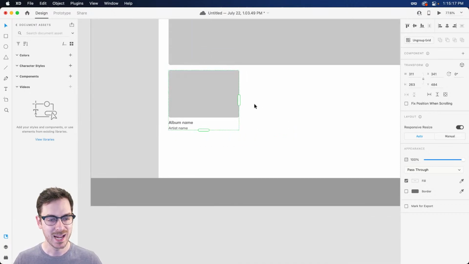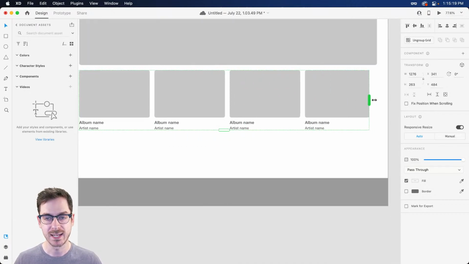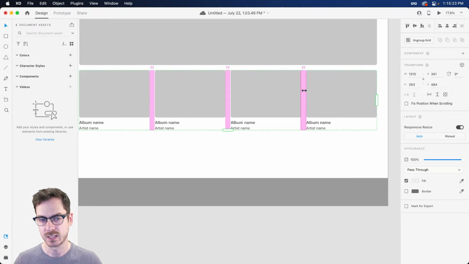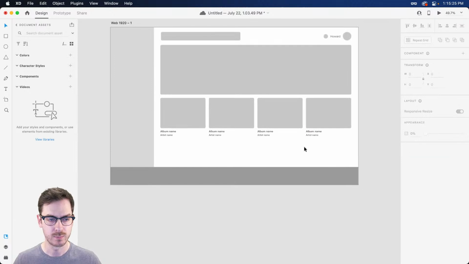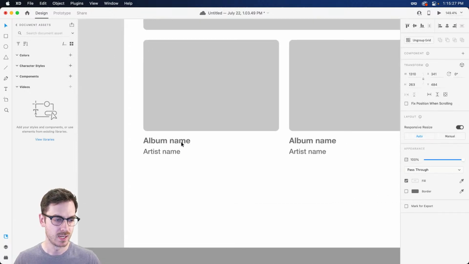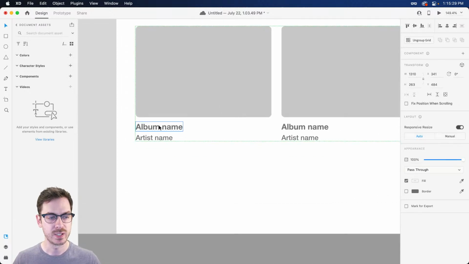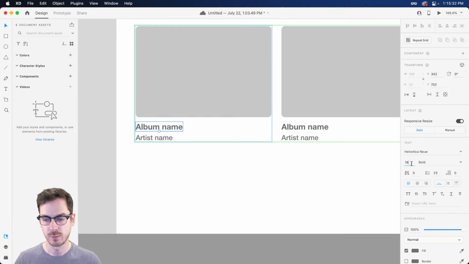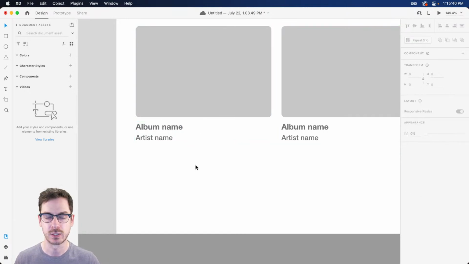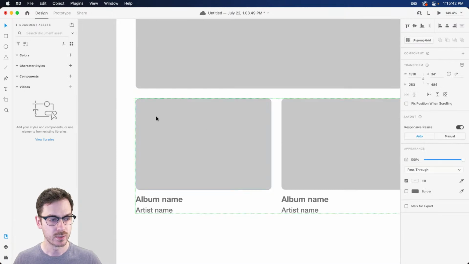All right, and once we have that done, just like I showed you before, we can drag out additional cells just like this and increase the spacing, and that looks pretty good. And what I was saying earlier is if we decide to make some changes to maybe the size or basically anything, it's going to push those changes across all the different cells, and you're going to see this more in action in a little bit. Now we also might want a title, but we're going to get to that in just a moment.